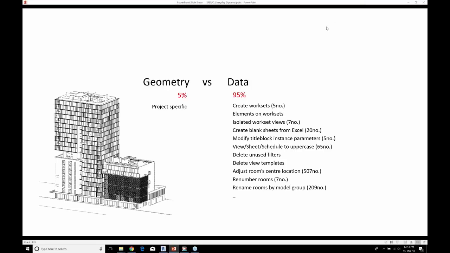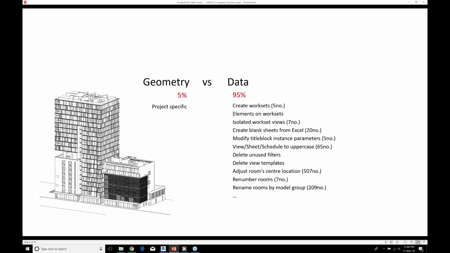So the example that I'm going to show today was this project, and this is a bit of a guinea pig. The scripts weren't created for this project, but I thought that this is a good size building to put it through its paces. It's a residential building in Sydney, designed by BVN Architecture, which is where I worked prior to this. It's a 20-story residential building, or condos as they're probably called over there.